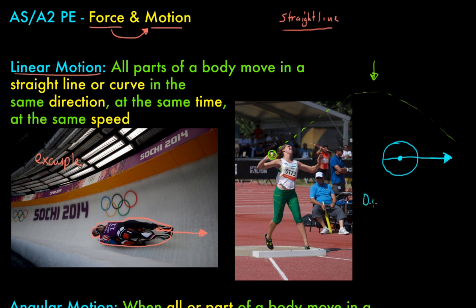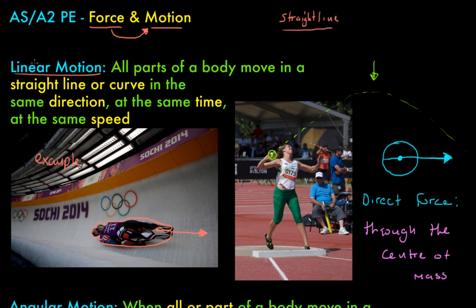We refer to this as direct force. So a direct force is what we would say through the center of mass. Just to be clear, a direct force that travels through the center of mass